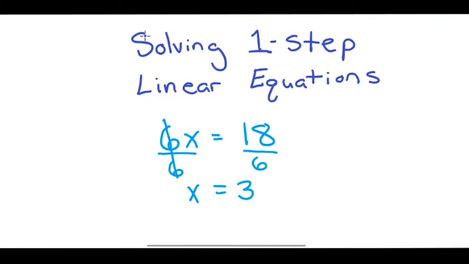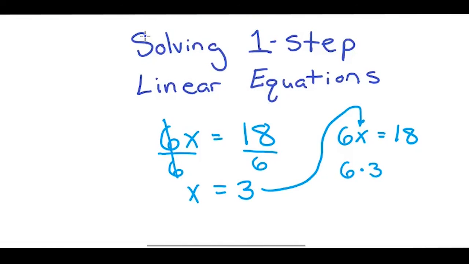So x equals 3. Now let's plug that into the original equation, which was 6x equals 18. All right, so 6x is multiplication, so 6 times 3 equals 18. And 6 times 3 is 18, so 18 equals 18. Check. So our final answer is x equals